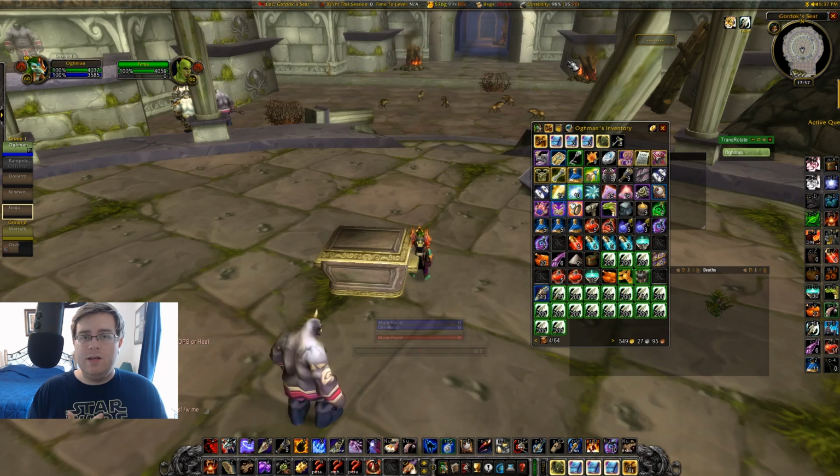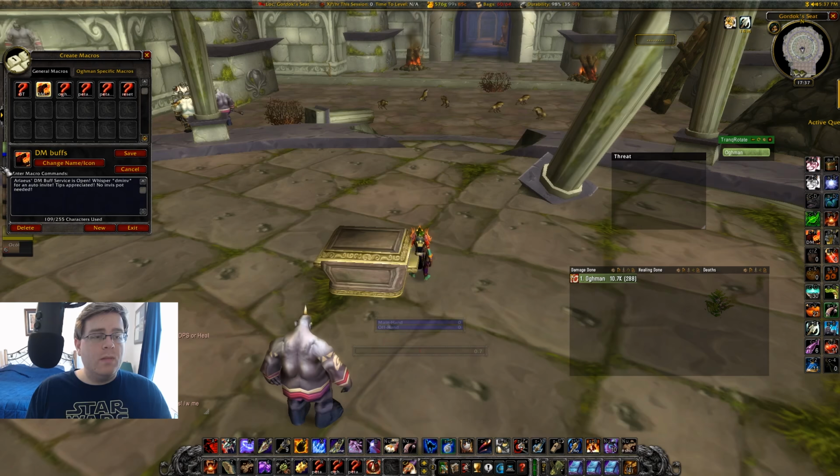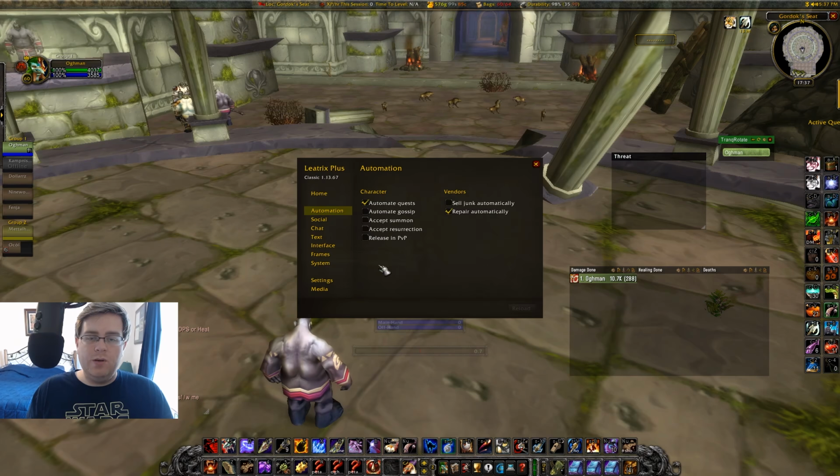So as long as you froze everything, they just have a clear path running through here. And so how is the best method to sell them? Well, I have a quick and easy strategy that I use. So the very first thing I do is I set up a macro that says, our latest DM buff service is open, whisper DM invite for an auto invite. Tips appreciated, no invis pot needed. So if you have Leatrix Plus, what you can actually do is you can have auto invites going out. And so you can set up auto invites